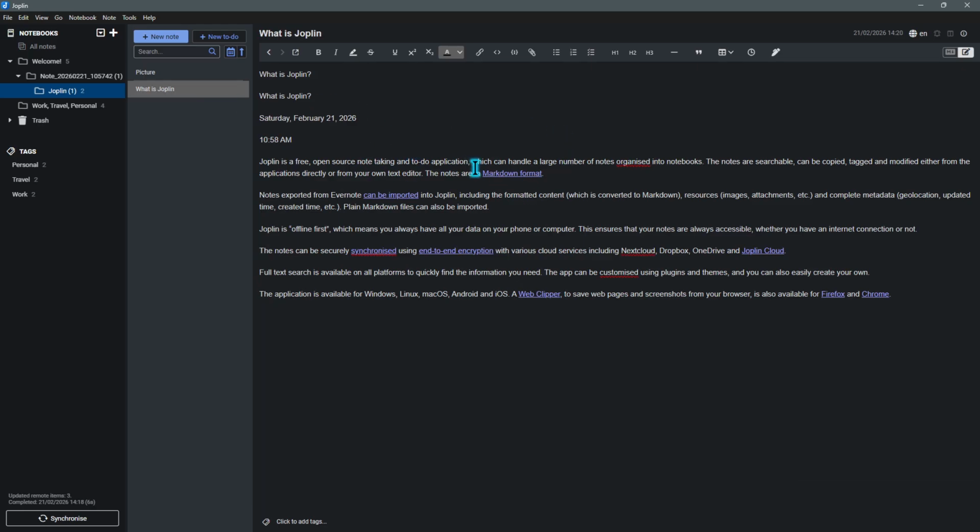After the import, skim through your notes, check any long tables or embedded items, and make light adjustments as needed. With that, your